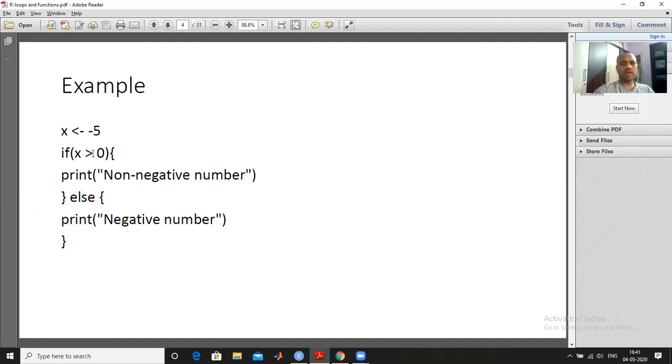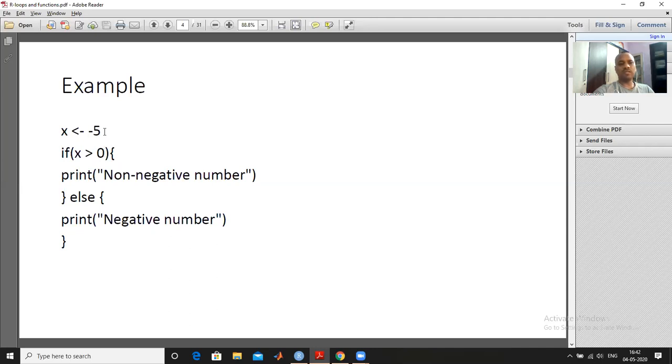So if x is greater than 0, this is the condition. Actually this is nothing else, this is the statement. A statement has only two values, either true or false. So if x is greater than 0, either it will be true or false.